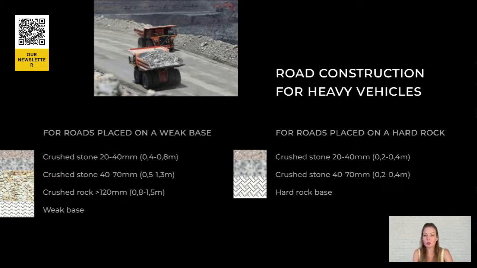And road pavements generally fall into two categories, those on a weak, soft base and those on a rocky base. Roads on soft foundations need a thicker layer of rock. Ideally, the thickness of each layer should be calculated based on the weight of the equipment used in the pit. If layers are too thin, then the road will fail. If they're too thick, it will result in unnecessary cost.